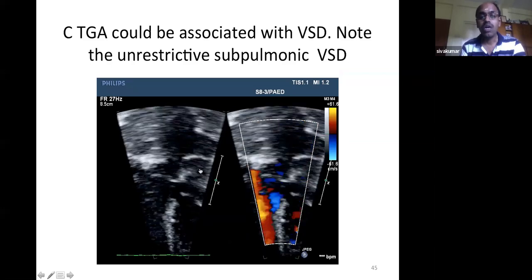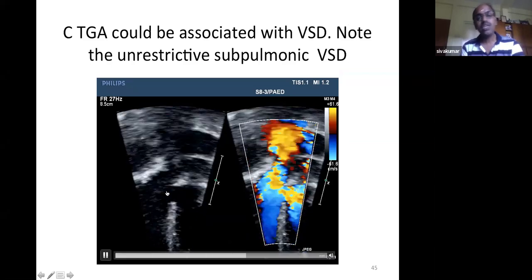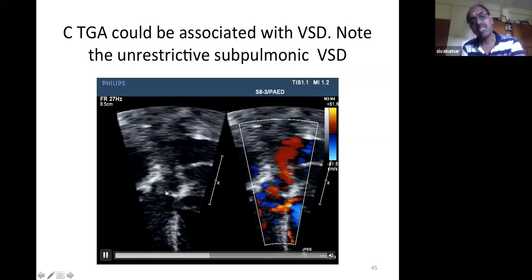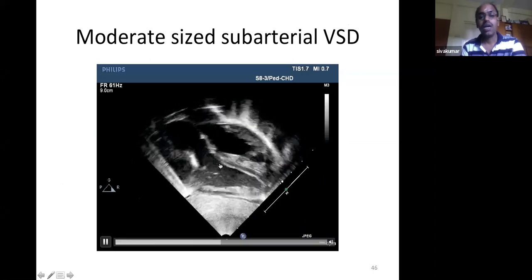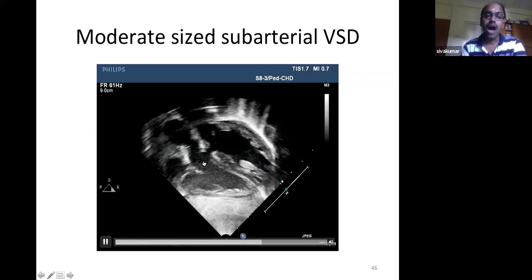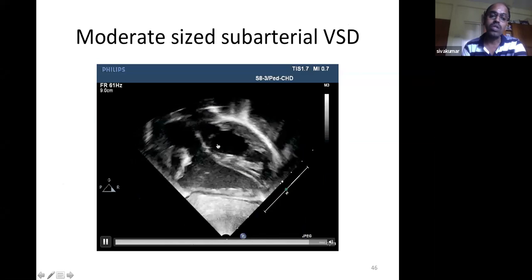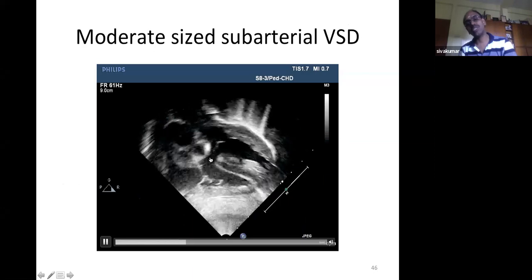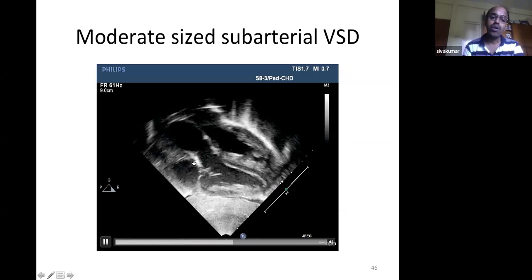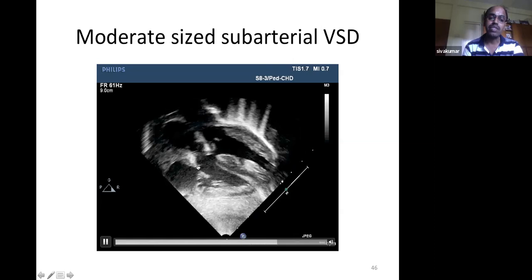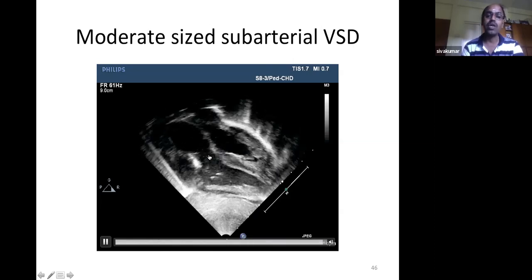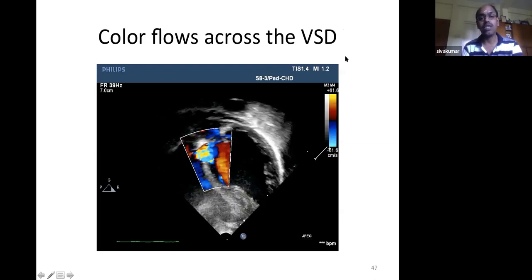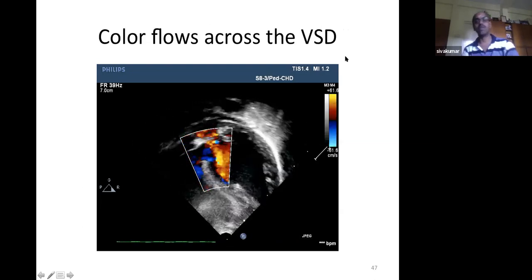Now coming to ventricular septal defect. Ventricular septal defect is very often located in the membranous septum, which means it is often subpulmonic, but rarely it can be away from the membranous septum and closer to the outflow tract, and this will be subaortic. So here you can appreciate the VSD is far more anterior than the membranous septum. It's not truly subpulmonic, it's almost going on to the subaortic area. And in such cases, the subaortic conus will be smaller. It's also called a subarterial ventricular septal defect.